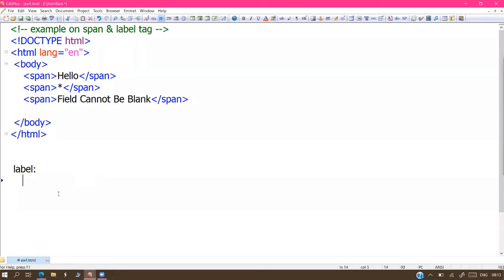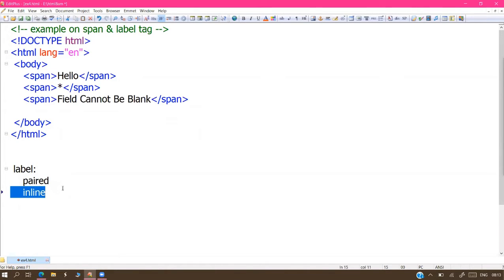Basically, label is also a paired tag, and it is an inline component. Opening and closing are both required.